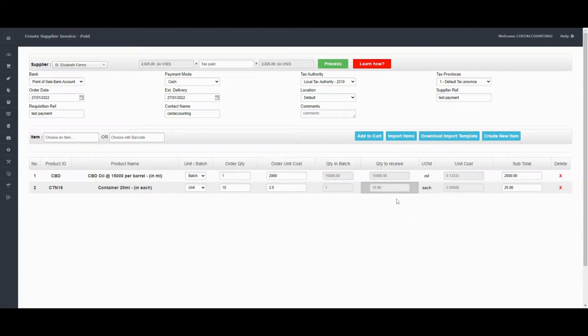What is the quantity being received? And then here the unit cost is still $2.50 because we're not doing any calculation on a batch here because what we're saying is receiving 10. And here it's saying $25 is the total cost of what's being processed. Add a test payment here,